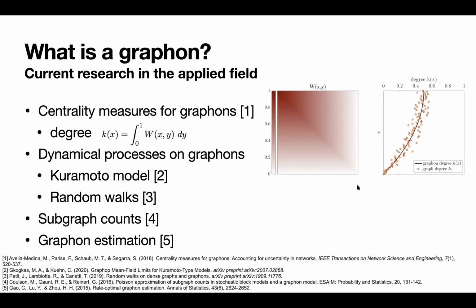But if you create a very, very large sample, for example 100,000 nodes sampled from this graphon, then it's going to very closely follow the graphon degree, as the